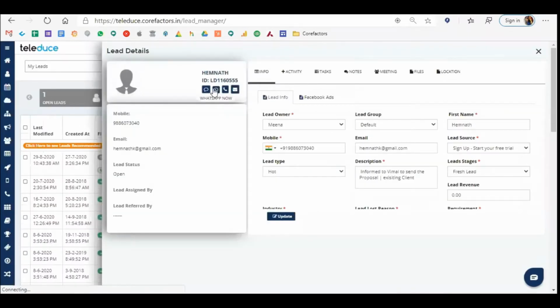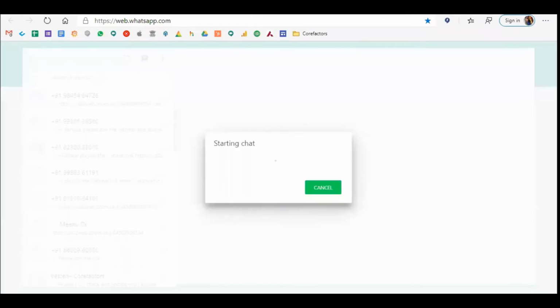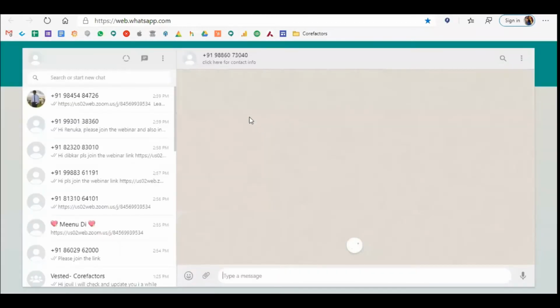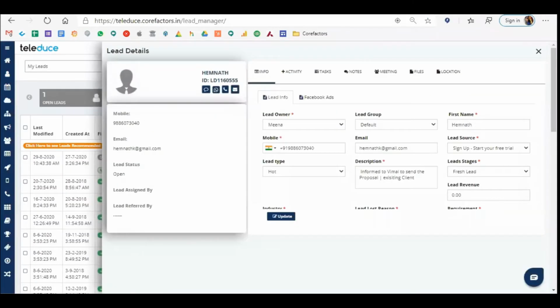You can click on WhatsApp. So how does WhatsApp work? You just click on this. You'll be redirected to a web version where you'll have to scan the information, and the web version opens. You need not worry about saving the number or not. Directly a pop-up will open, and then you'll be able to send out the message.